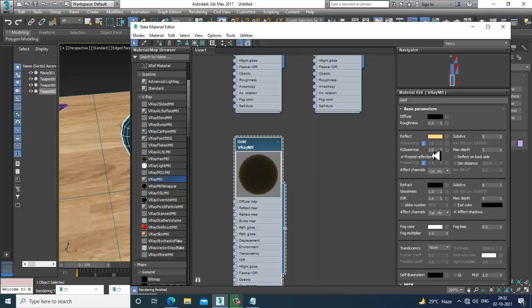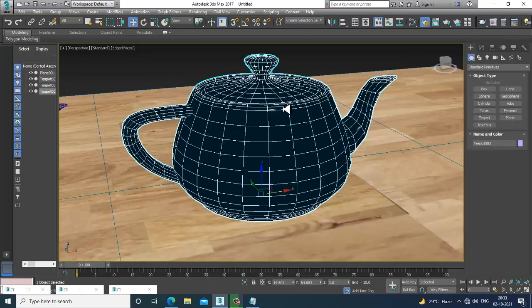Fresnel reflections, I'm going to turn off. Fresnel IOR would be 1.6. Your subdivisions, I'll keep as 9, and max depth as 5 over here. So let's just apply and see how it looks.